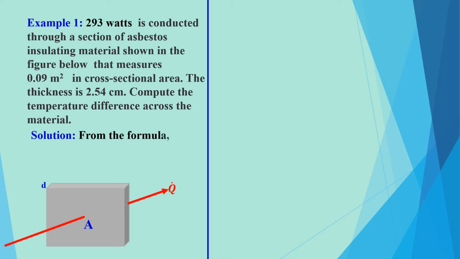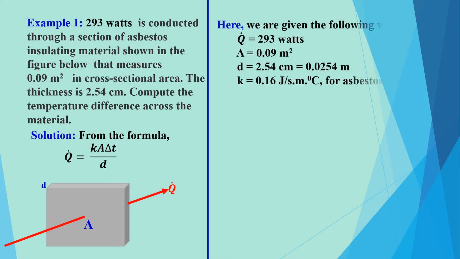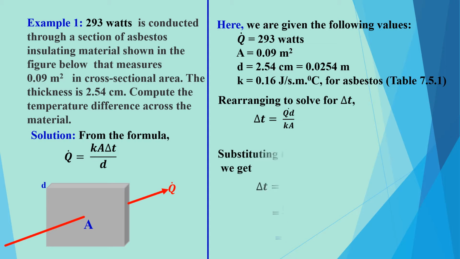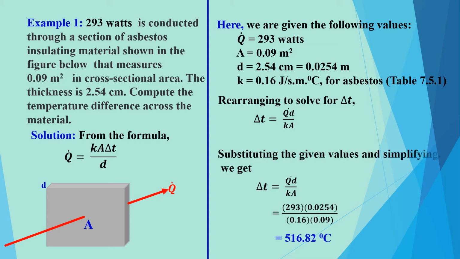Solution. From the formula, Q dot equals K A delta T divided by D, here we are given the following values. Q dot is 293 watts. The area is 0.09 meters squared. The thickness is 2.54 centimeters or 0.0254 meter. The thermal conductivity for asbestos as found in table 7.5.1 is 0.16 joules per second per meter per degree Celsius. Rearranging to solve for delta T